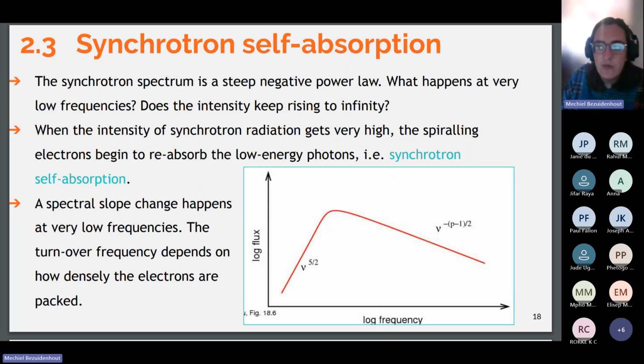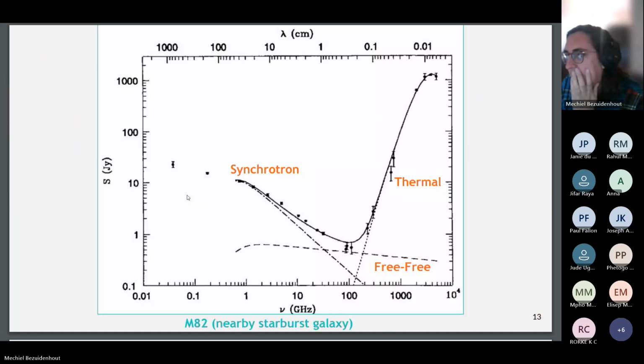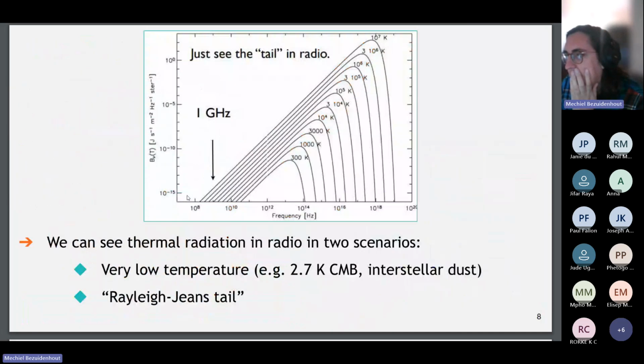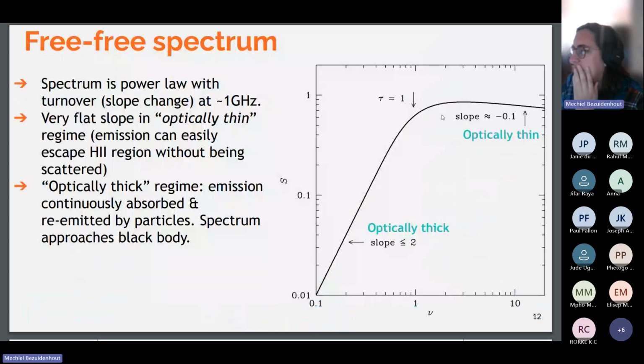Jifar asks, can we identify the region of free spectrum depending on their frequency? So, let's see. This is what the spectrum looks like. Depending on the frequency, the slope is going to change, which tells you about the optical opacity, optical depth of the source. So you might be able to identify something if you know the structure of a galaxy,